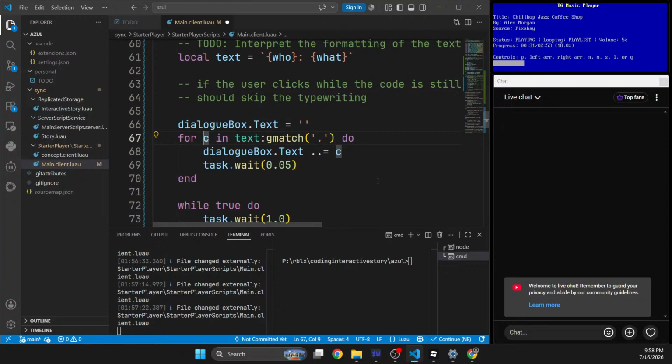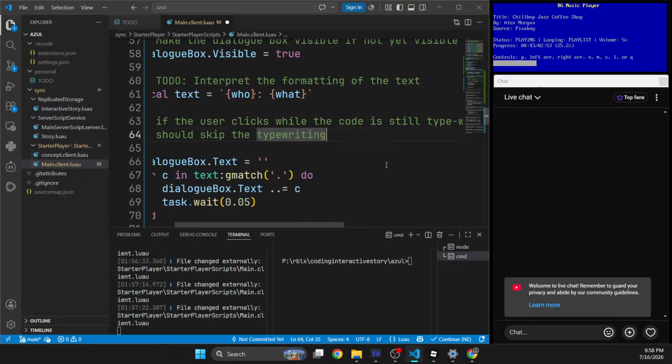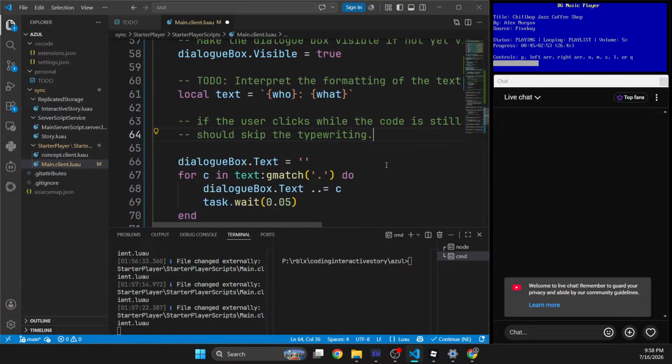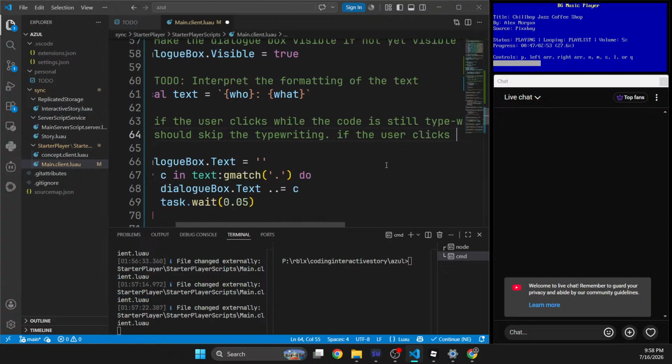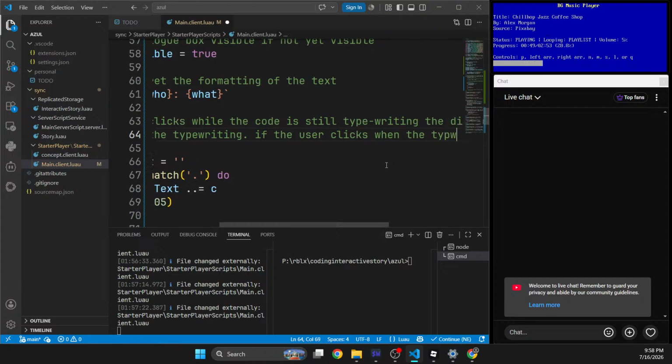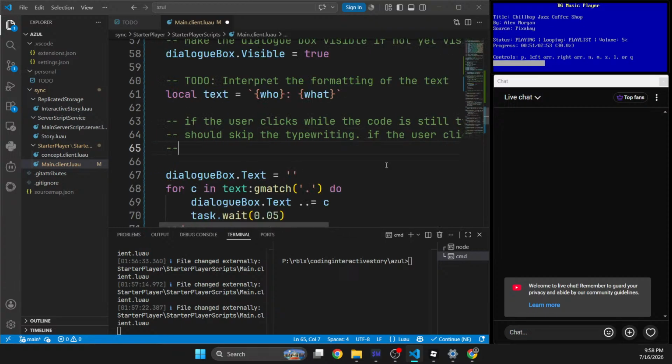Wouldn't I need the index though? Yeah, I would like the index. Okay, never mind. Let's think about that later. Skip the typewriting. Okay. If the user clicks when the typewriting is done, it should signal the server